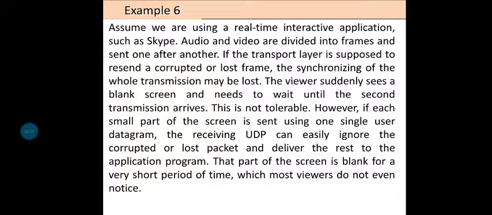So, this example is describing live streaming. If you are using a TCP kind of protocol, that is a reliable service protocol, then if any packets get corrupted or lost, TCP would like to retransmit them.